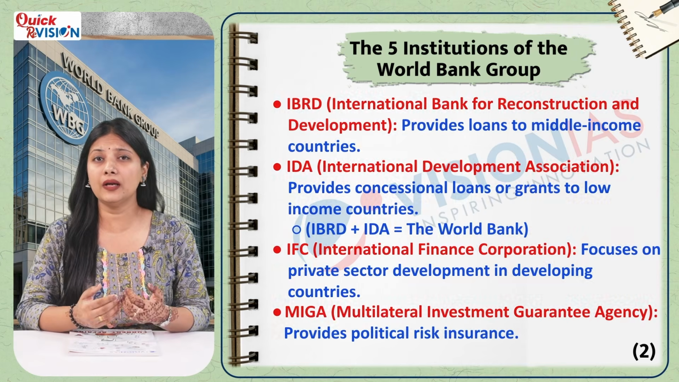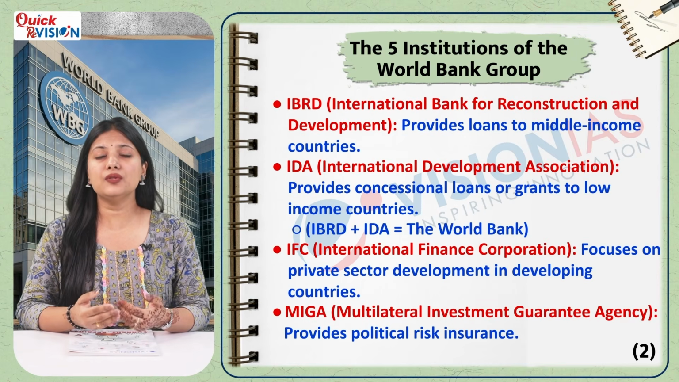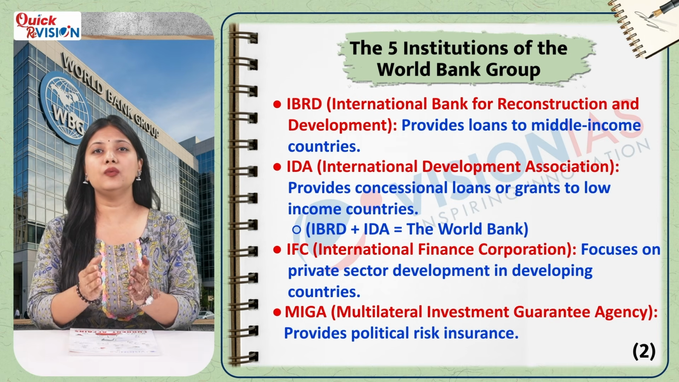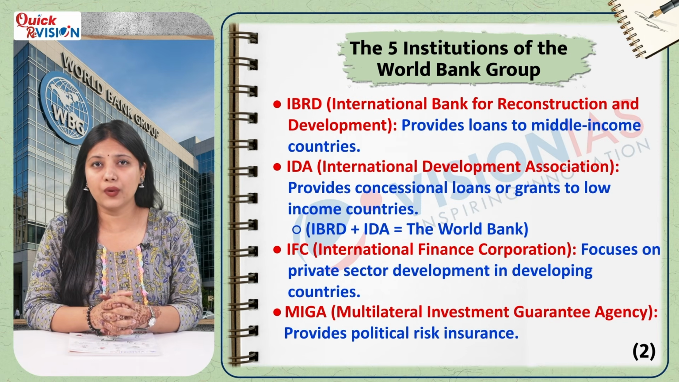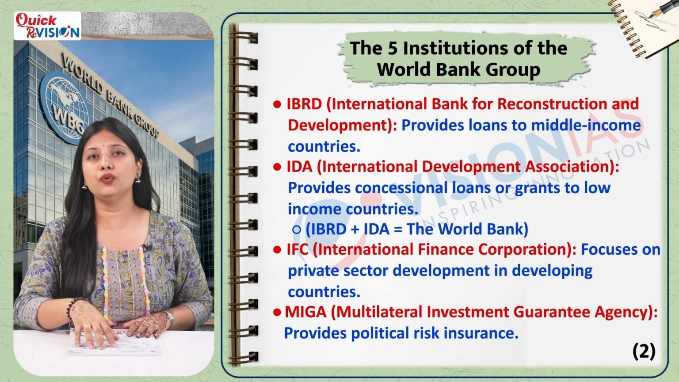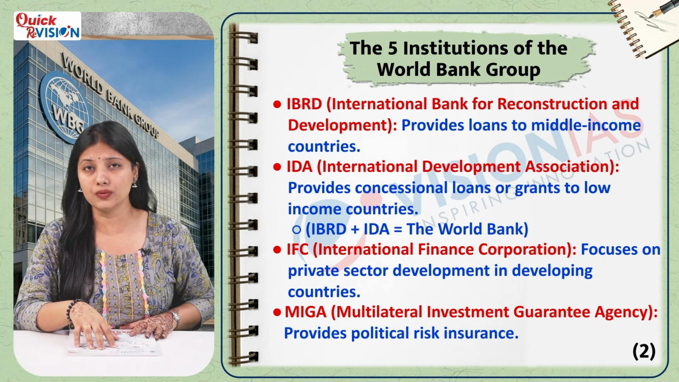When we say World Bank Group, we refer to its 5 institutions. The first 2, IBRD and IDA, together form the World Bank. IBRD provides loans to middle-income countries, while IDA, also called the soft loan window, provides interest-free loans or grants to